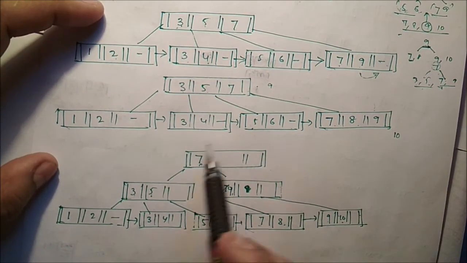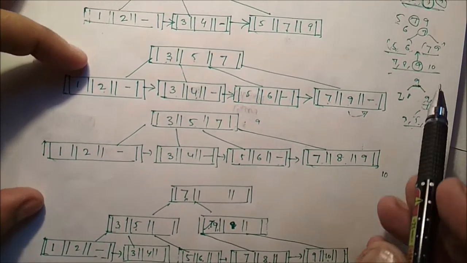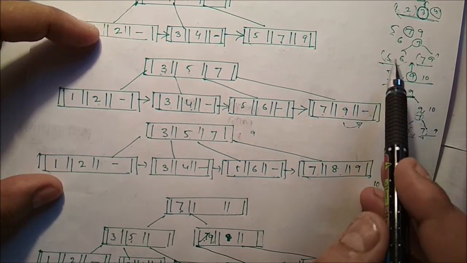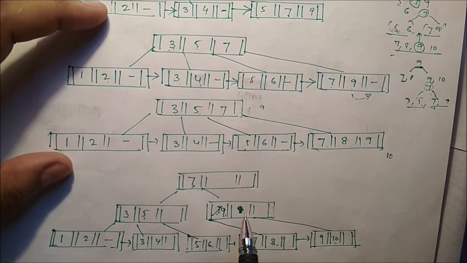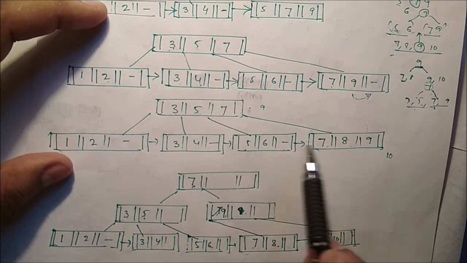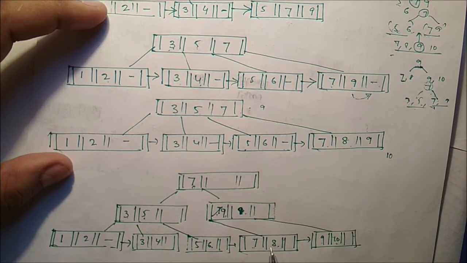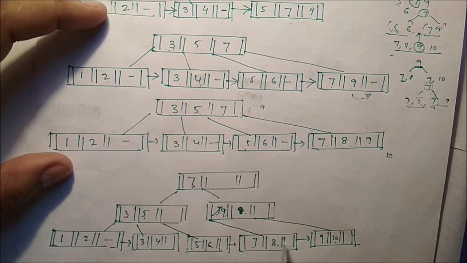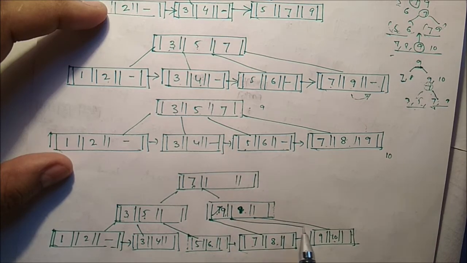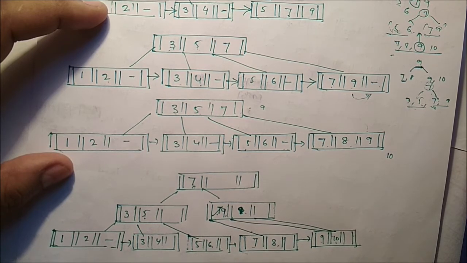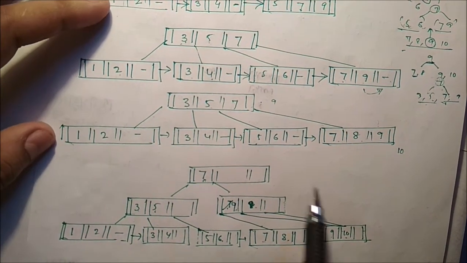So this particular part is there. So important. So initially it was what? 5, 6 and 7, 9. But if you split this particular 7, 8, 9, 10, the root will be what? 9. It is not 7. So for these two nodes, root will be the 9, not 7. So we have to remove this 7 and we have to shift 9 and we have to connect like this way. So here connection should be here. So this is what our B plus tree.